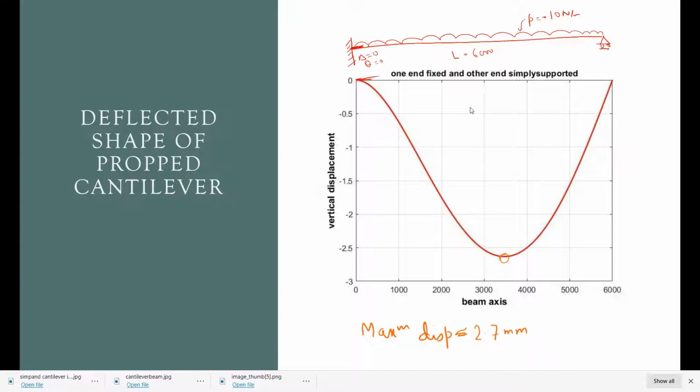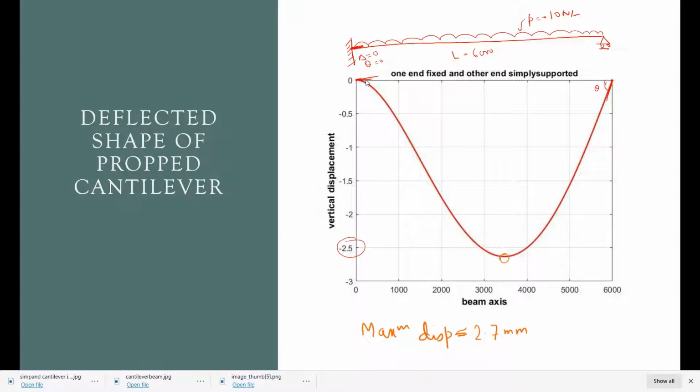Whereas at the other end, if you make a tangent, there is a slope which is not 0. So at this end both slope and deflection are 0, and at the other end only the deflection is 0 but not the slope. This is a propped cantilever beam, and we are seeing the maximum displacement here is about minus 2.5.